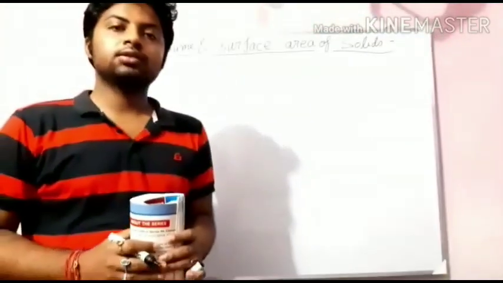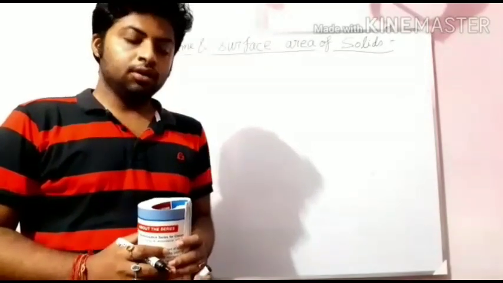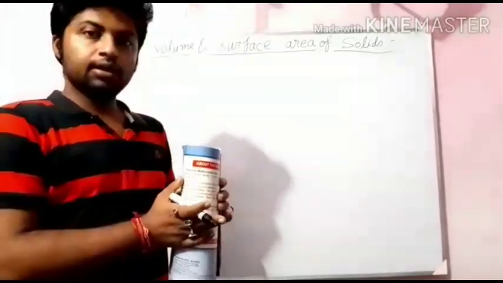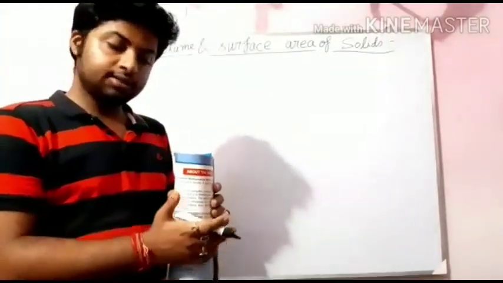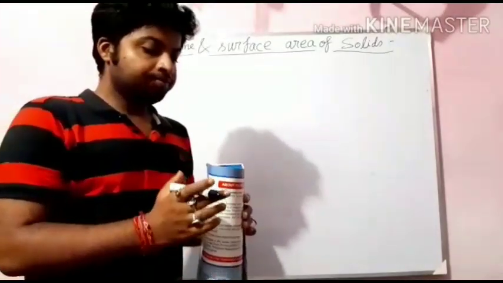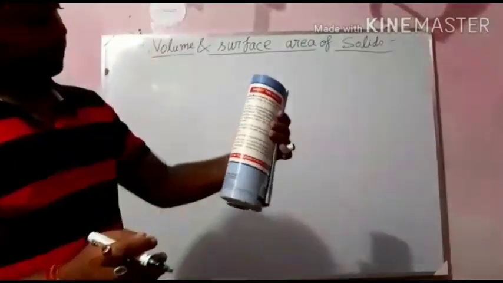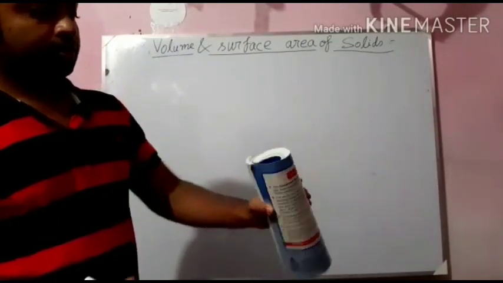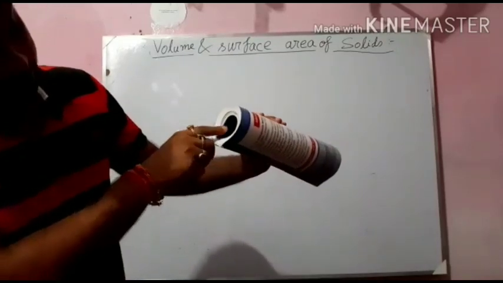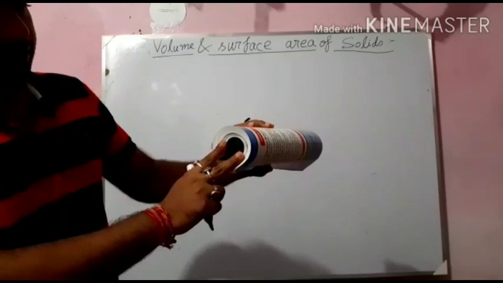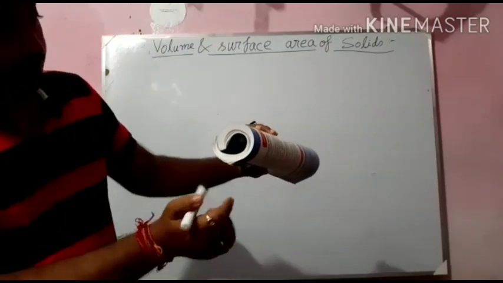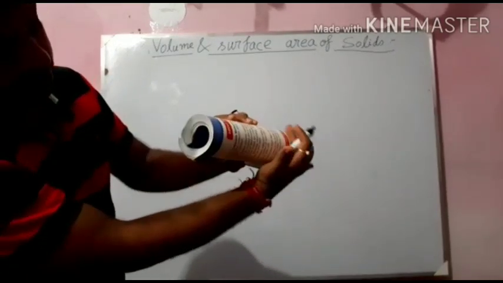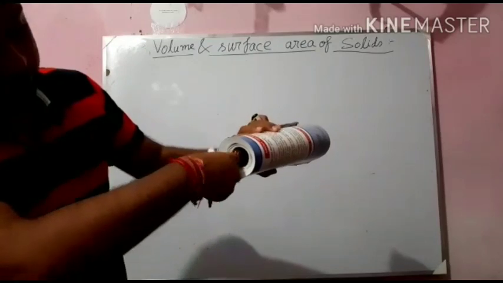Now we will discuss a hollow cylinder. In a hollow cylinder or empty cylinder, there should be an outer radius and inner radius. There will be an outer surface, inner surface. Here, see, I have folded the book like a cylinder. Here, the cylinder is hollow, right? There is nothing in the cylinder, but it has an outer surface, this one, and this is the inner surface.